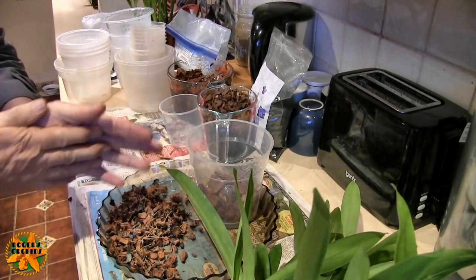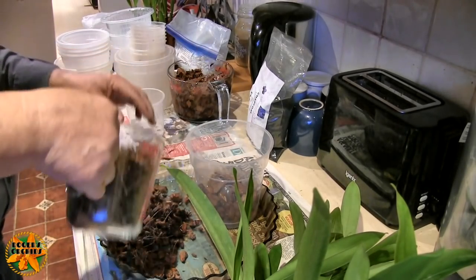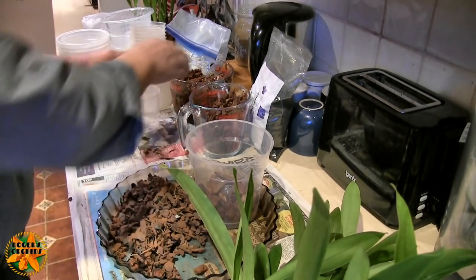Right, same thing again, we haven't got a good root system. We need to generate a good root system. This is quite a large pot, it's going to need a fair bit. So I'll add a bit more bark in. And we'll add, whoops,